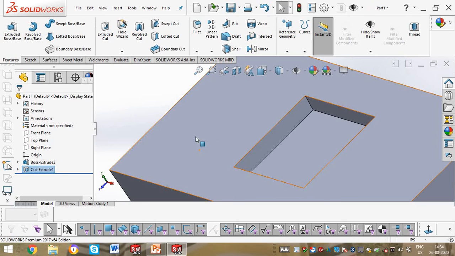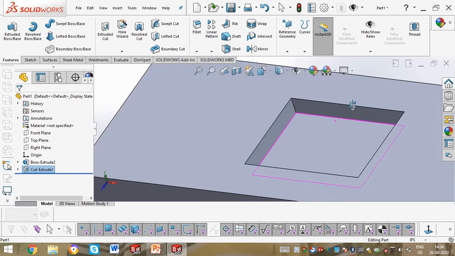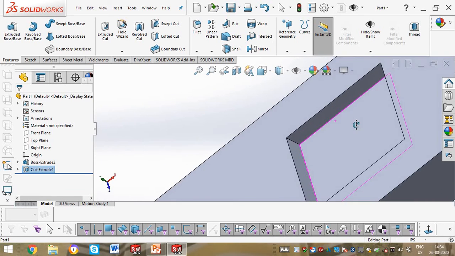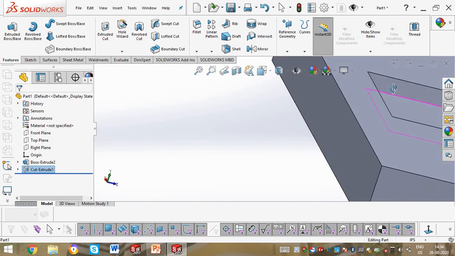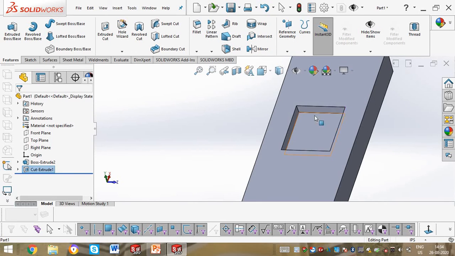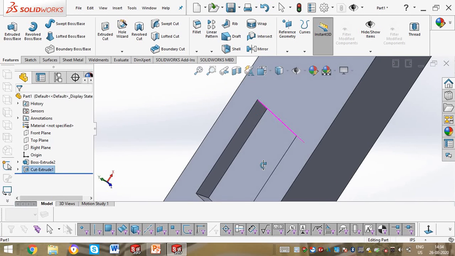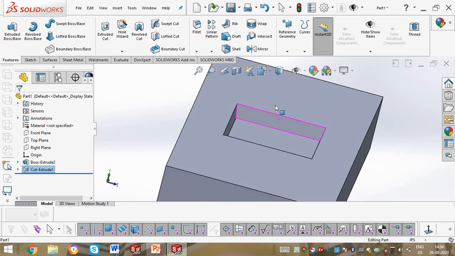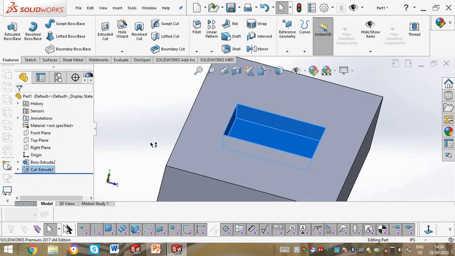There is no need for a new creation. You can edit in that particular created one only. In extruded cut, you can give the taper inclinations, which is nothing but the draft angles. So we saw this in this video.